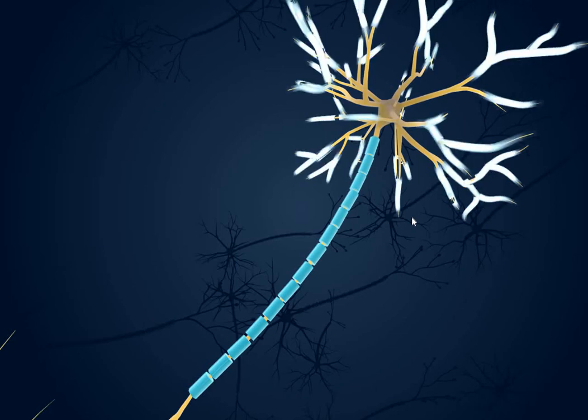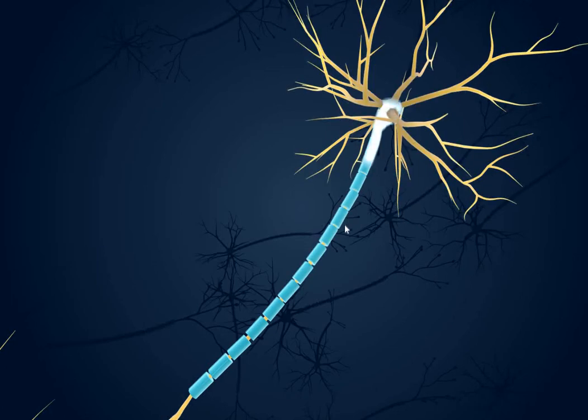The gaps in between the Schwann cells, you don't really need to know this, but I like saying it, are known as the nodes of Ranvier. The nodes of Ranvier. It sounds like something out of Harry Potter, doesn't it? Anyway,